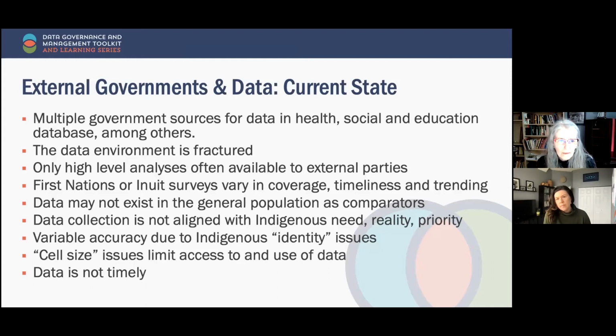And the last one is about timeliness. I did allude to that when it comes to survey data, but also when you're requesting data from government. I haven't talked at all about data linkages, but that is one process where you can take a database that has Indigenous demographic information in it, First Nations or Inuit, and then match it up against the government database and pull out all the Indigenous information from that. It's wonderful. It takes time. Governments don't put a lot of resources towards it. There's a big queue. It can seriously take a year or two if you're going down a route of doing a new data linkage to pull information out.